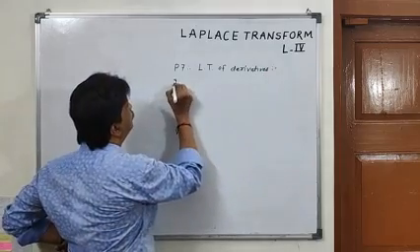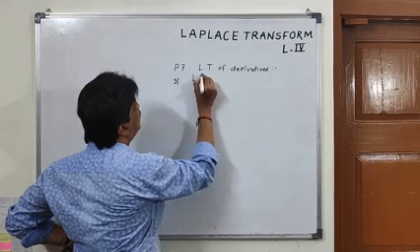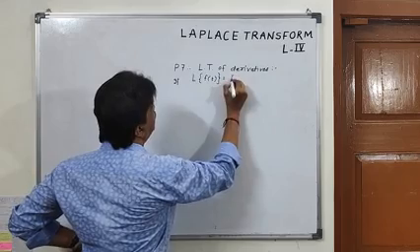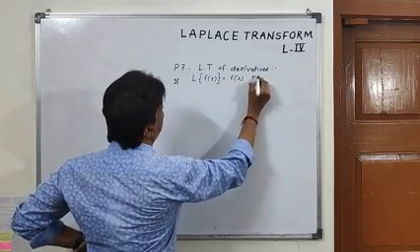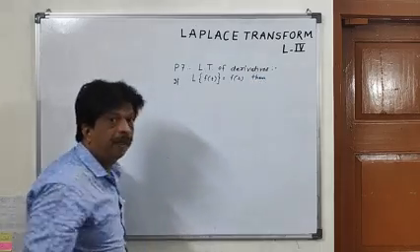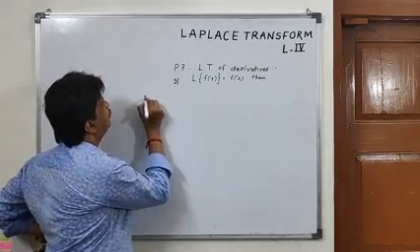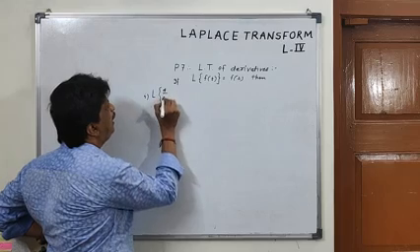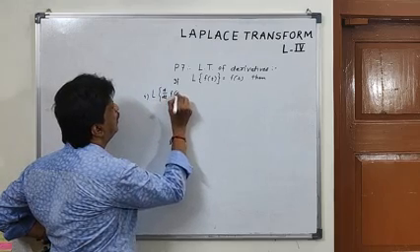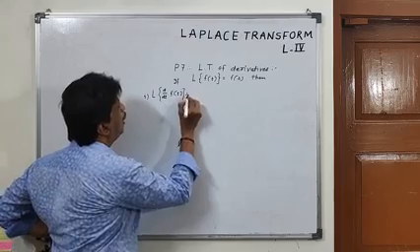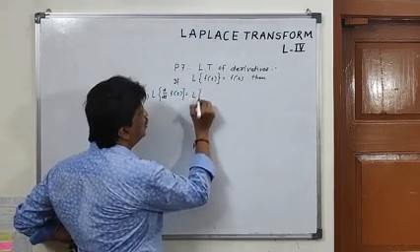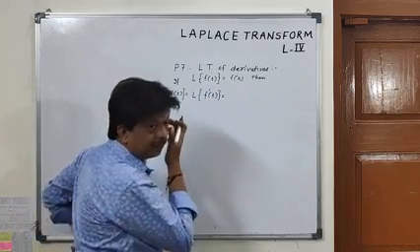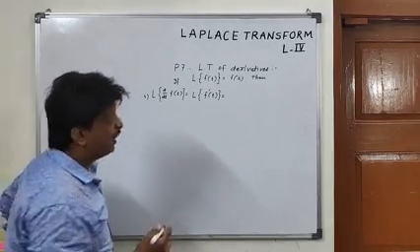If Laplace transform of f of t is F of s, then number one, Laplace transform of d by dt of f of t, or Laplace transform of f prime of t is equal to s into F of s